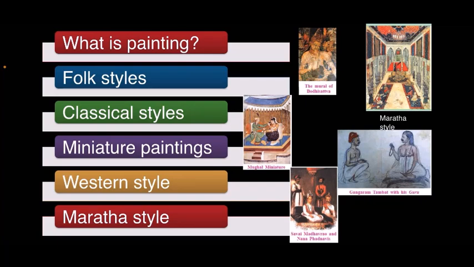During the reign of Akbar, the Mughal emperor, the Mughal miniature style, showing a blend of Indian and Persian styles, was developed. Western style of painting: during the British period, Indian artists came under the influence of European style of painting. An art school was established under the leadership of James Wales, a Scottish artist, in the times of Savai Madhavrao Peshwa in Shaniwarwada in Pune.